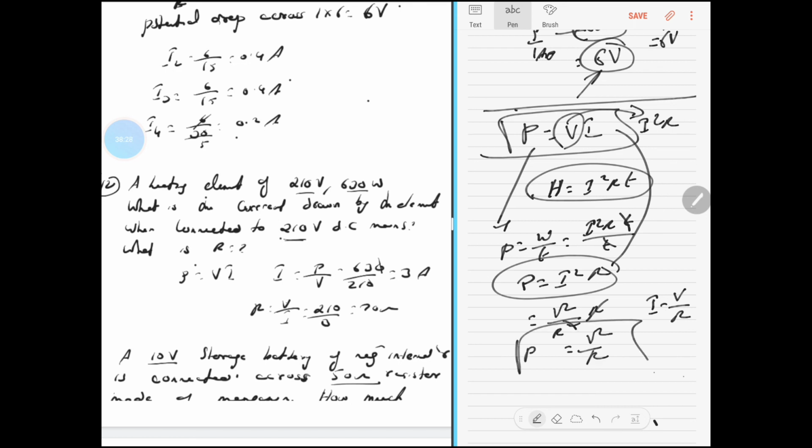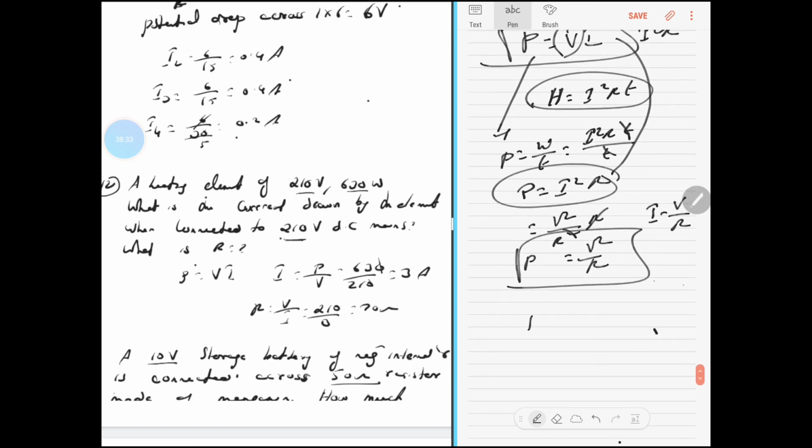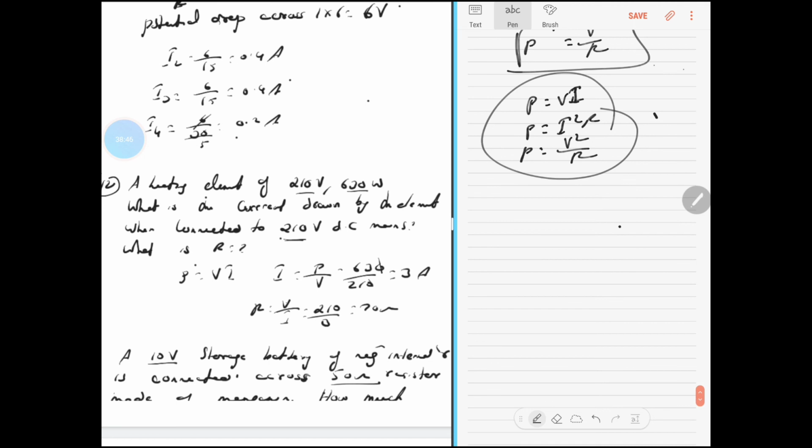So you have different formulas, and let's see how we are going to apply these formulas. P can be written as VI, or I square R, or V square by R. There are so many ways in which you can write P, and let's see which formula you plug in there. So for the heating element here, V is given, power is given. The moment power and voltage are given, you can immediately find the value of current that is flowing through the circuit, correct? What is the current drawn by the element when connected to 200